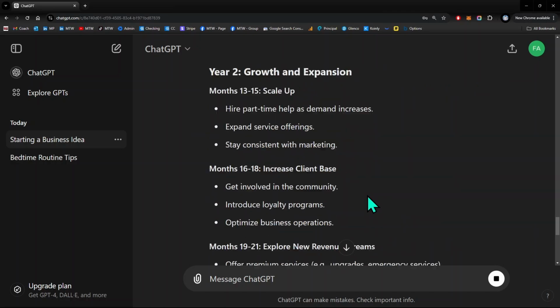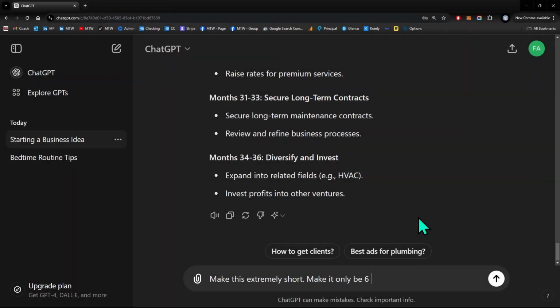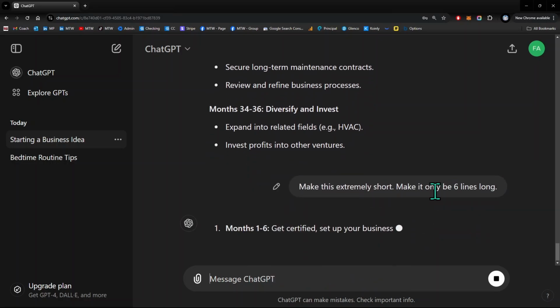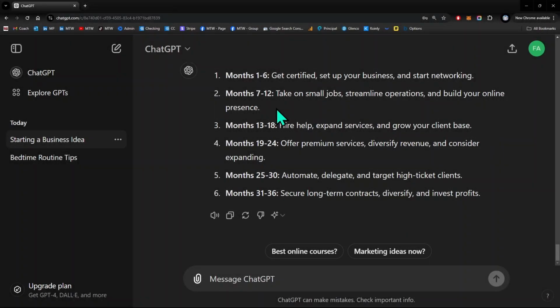It really shrunk it down, but I wanted even shorter. So I'm going to say make it extremely short. Make it only be 6 lines long. So taking a look at the summarized list, months 1 to 6, you get certified, set up your business, and start networking. Months 7 to 12, take on small jobs, and we can continue to read on.